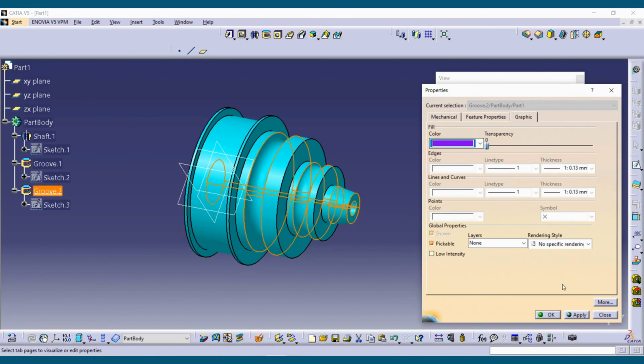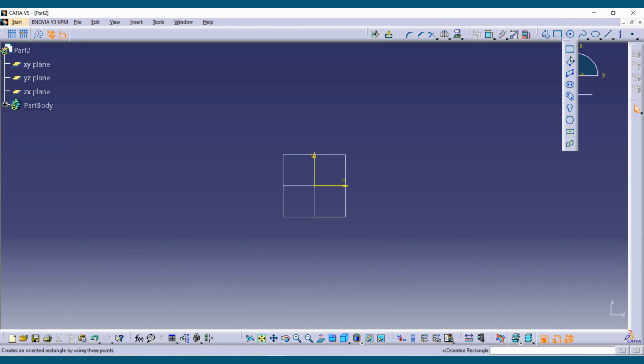So this was the shaft and groove command. Now I'll make one bolt here, say new part. I'll show you how to chamfer or fillet the bolt by using the revolve cut or groove command. By using the groove command, I'm going to select one plane, say sketch, and we are going to draw one